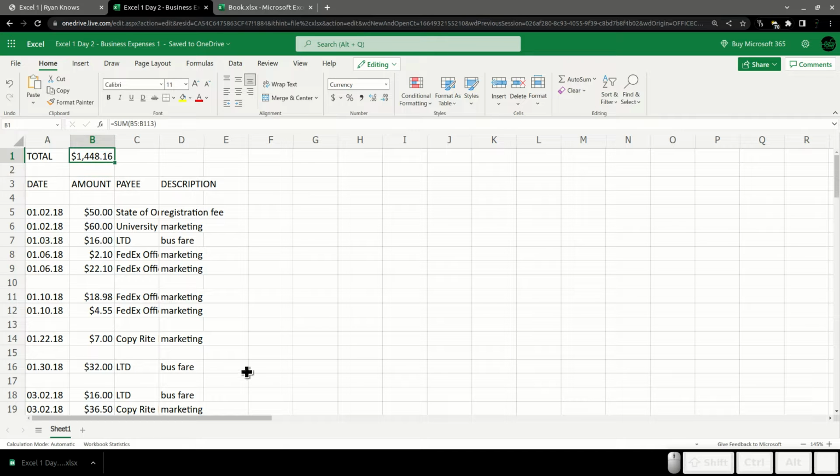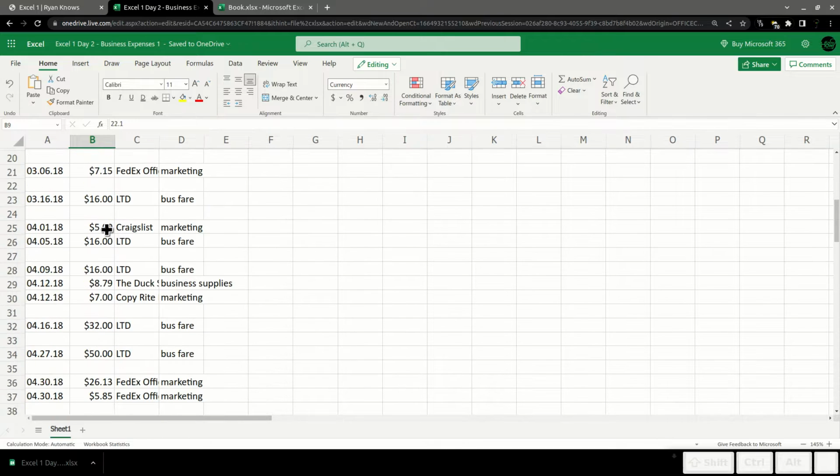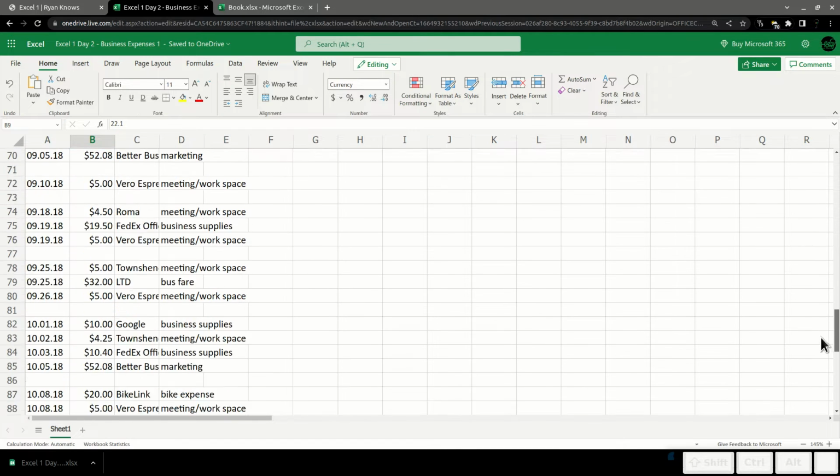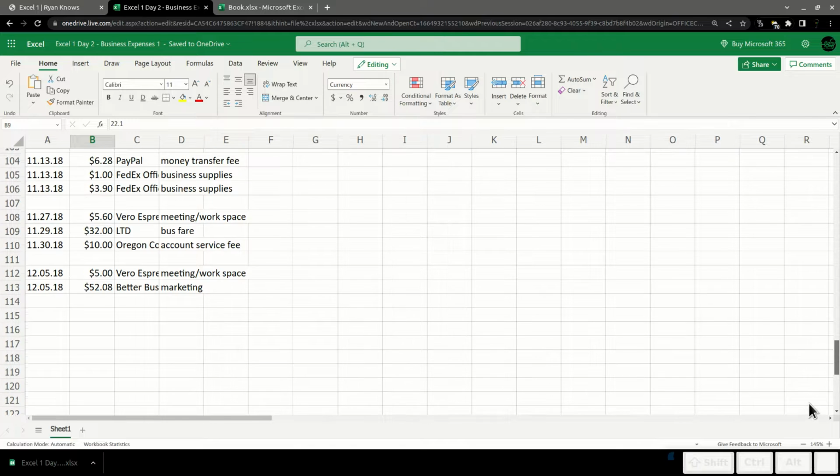There is our total. What's really nice, because this is referencing all of this stuff, is if I go in and say, oh shoot, that FedEx office, I totally forgot that I also bought tape, and so this shouldn't be 210, this is 535, and I type that in, it updates our total, just like we would want. So this is great, and this works because this is an entire year of expenses for me, right?